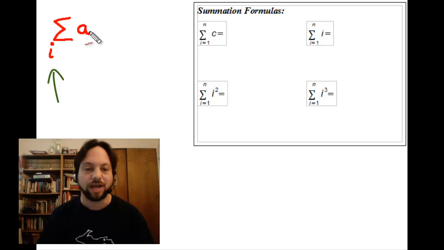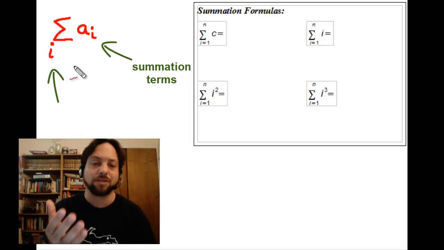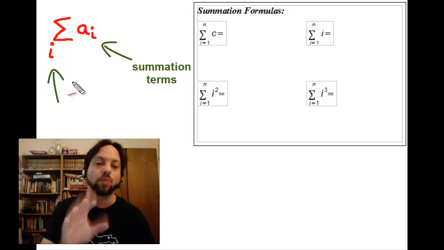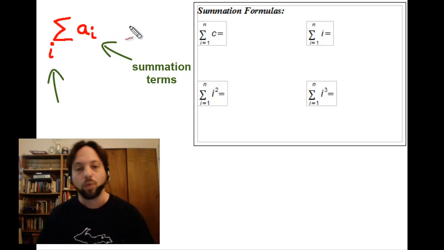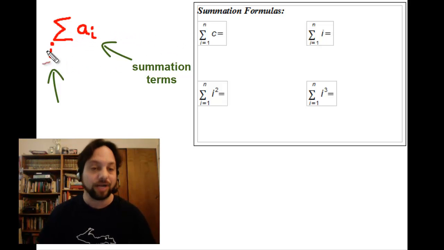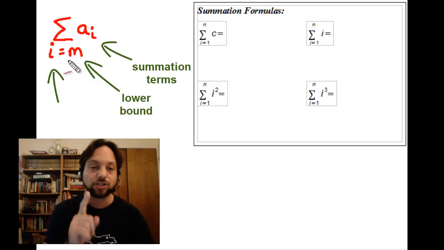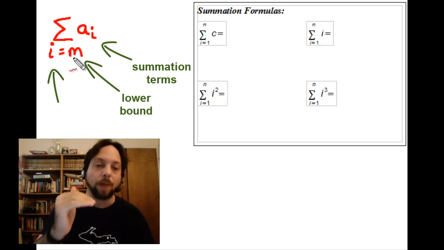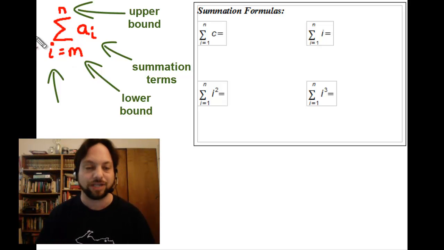So what we're going to do is we're going to have a bunch of summation terms that I'm going to call a sub i. They could be something very simple, like simply i itself. It could be something very, very complicated, but it will involve somehow or another that index of summation. That will be what gets repeatedly added. So, again, our index of summation will be i. We will begin at some value that we will call the lower bound of summation. So in our very first term, i will equal whatever value is here. And it will go up by 1 each time until we get to the upper value of summation, which is